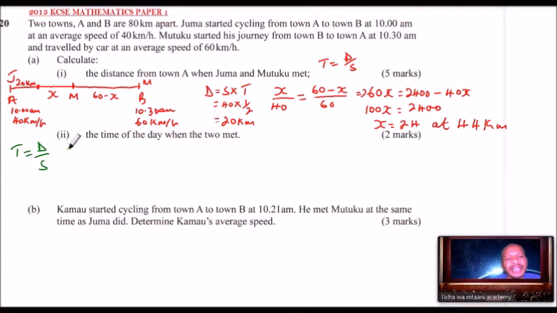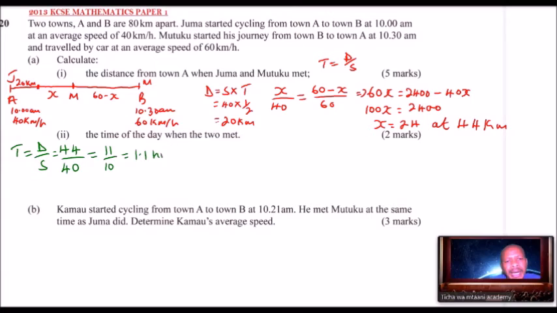So, but okay, I'll just use one. I use Juma. Juma had covered 44 kilometers. You divide by the speed, which was 40 kilometers per hour. So when you divide this, you get 11 over 10. This will give you